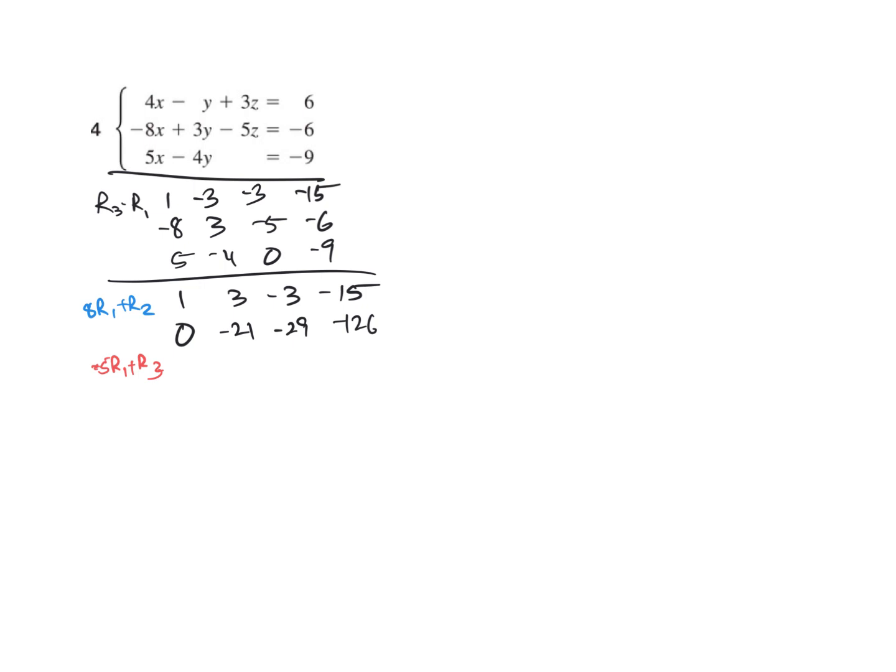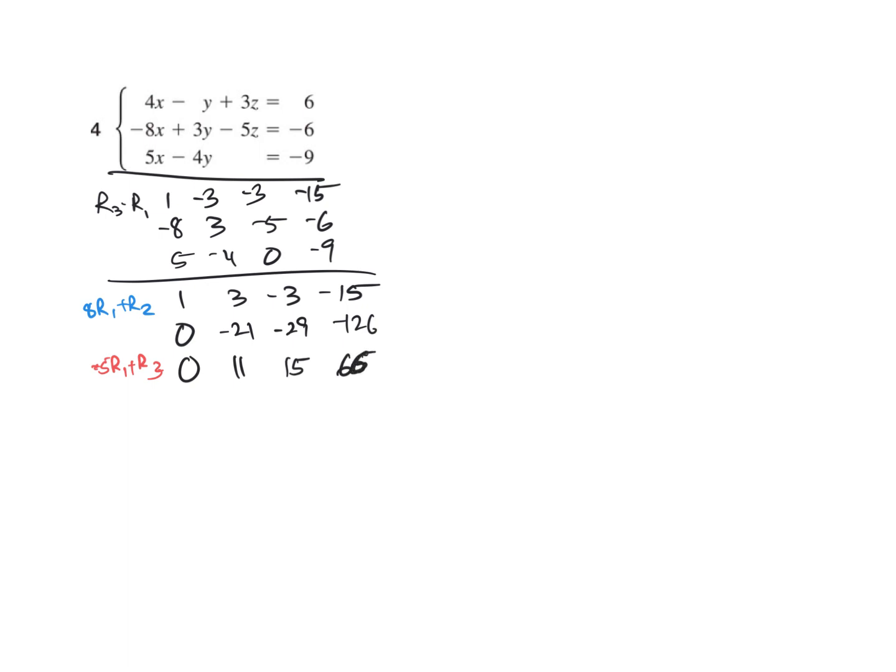We will get negative 5 plus 5 is 0, and then you keep going all the way across. So that's 0. Negative 5 times negative 3 is 15, minus 4 is 11, and positive 15 plus 0 is 15, and 5 times 15 is 75, plus negative 9. 75 minus 9 is